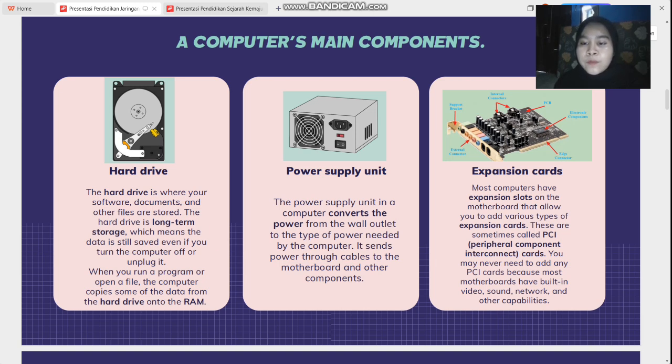Most computers have expansion slots on the motherboard that allow you to add various types of expansion cards. These are sometimes called PCI, peripheral component interconnect, cards. You may never need to add any PCI card because motherboards have built-in video, sound, network, and other capabilities.